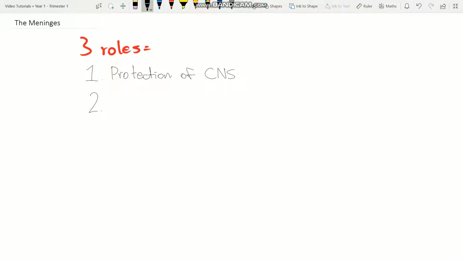The second role is that they contain cerebrospinal fluid and therefore allow for the protection of blood vessels and the enclosing of venous sinuses. So, in this case, the cerebrospinal fluid is actually present in a layer called the arachnoid mater, and specifically in the subarachnoid space. So the protection of blood vessels is through this essentially liquid structure that allows for lubrication and liquid